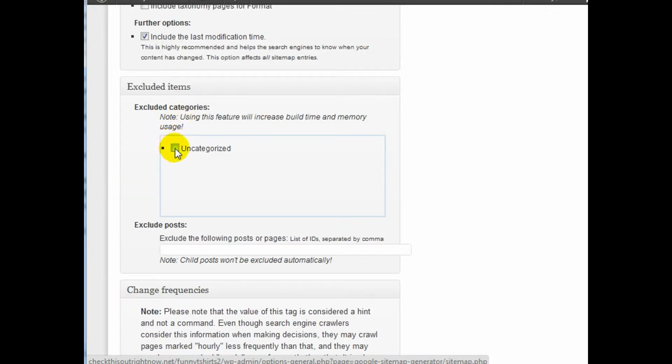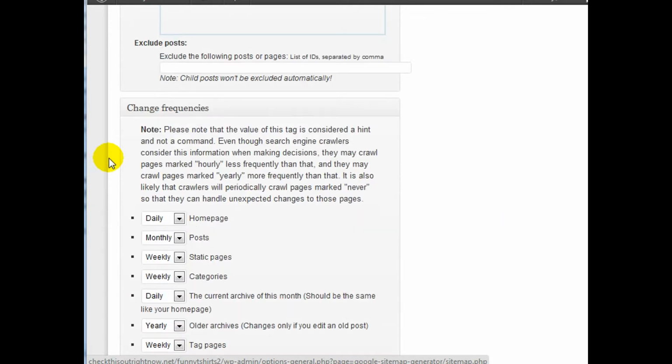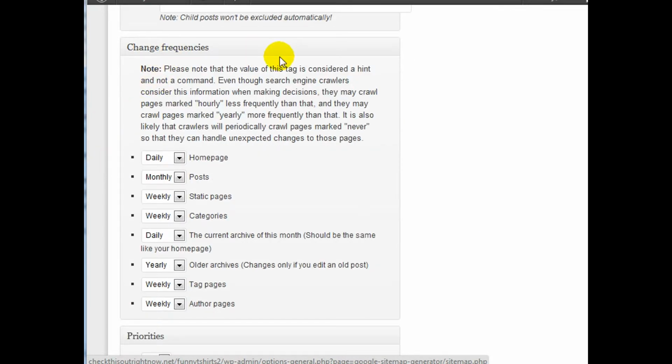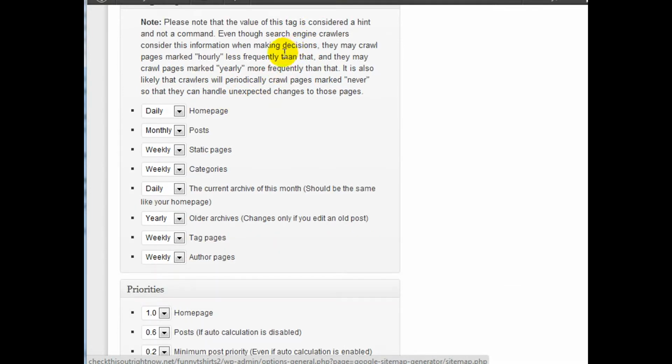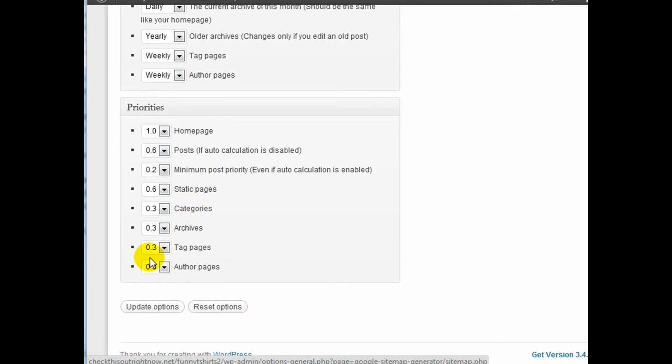You can also exclude specific categories, but in this blog I only have one category. You can change the frequencies for XML sitemap creation and notifying the search engines, but I'm going to leave this as it is and go ahead and click